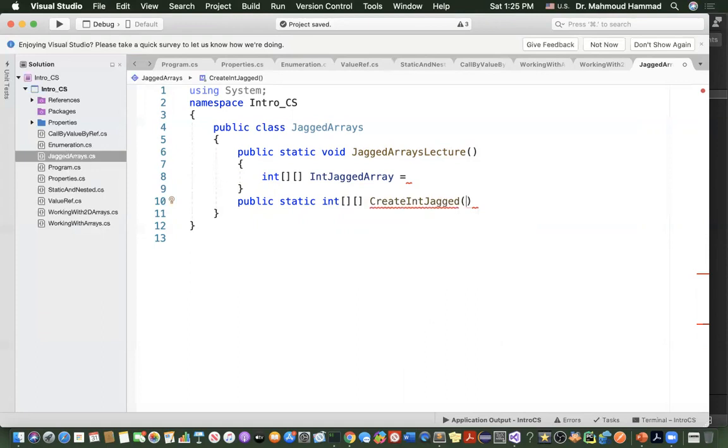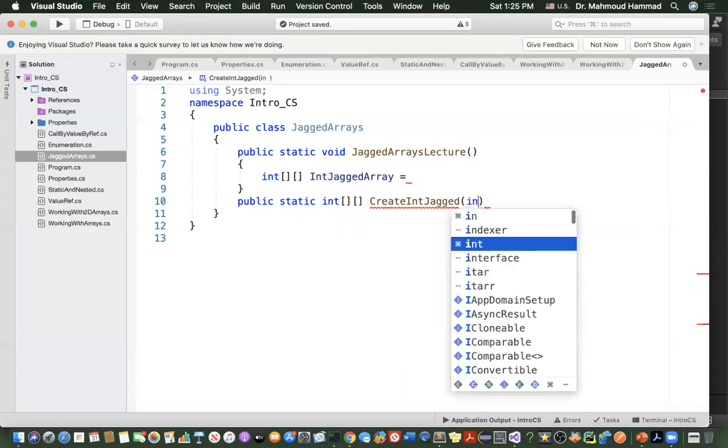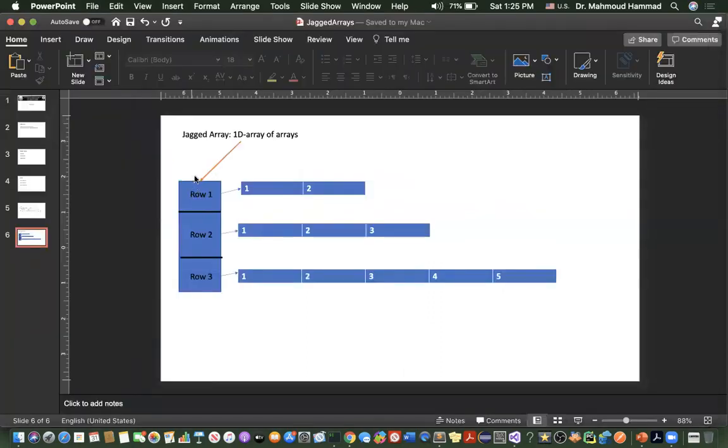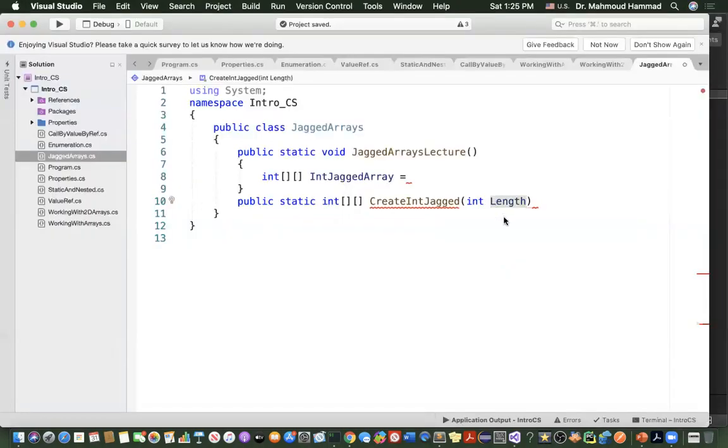And now the only thing I need with the jagged array is what? Is the length of this jagged array. So going back to our slide, the length of this jagged array is 1, 2, 3. So there are 3 elements. Each element is an array. So I only care about the number of elements. So this is how it is implemented. Right? So now I need the length,